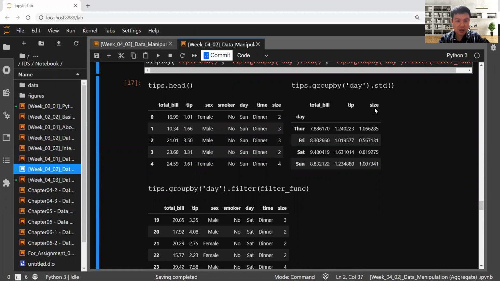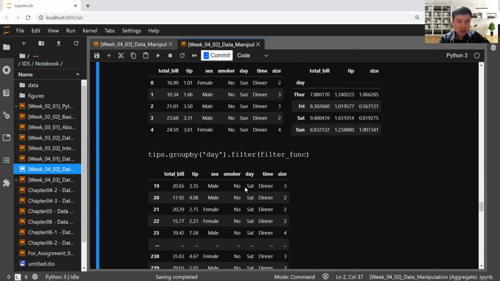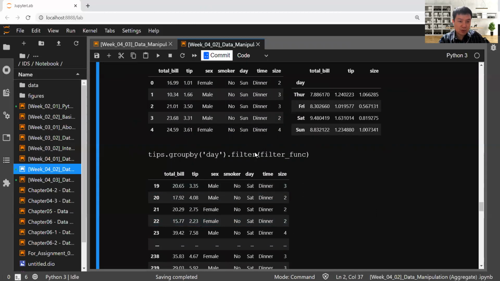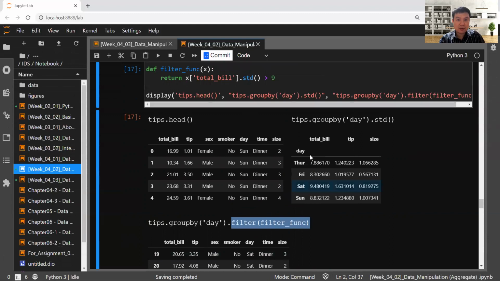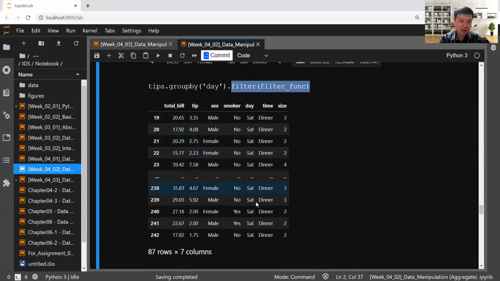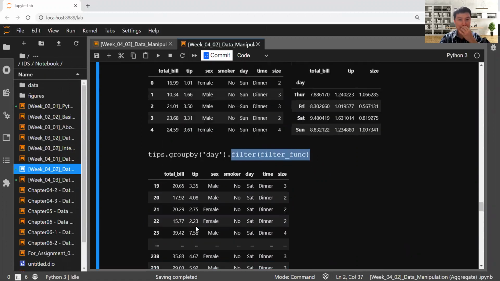And let's say I want to filter the information. So I do the group by based on the day and then filter it with the filter function. After you group by the day and filter, you can see that all the data shown here is only the data whose standard deviation is greater than 9. You can see the total bill is